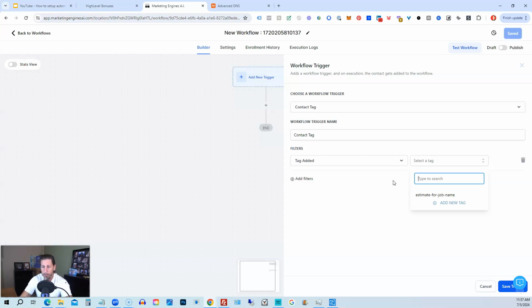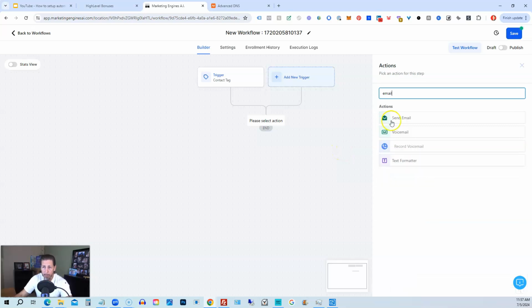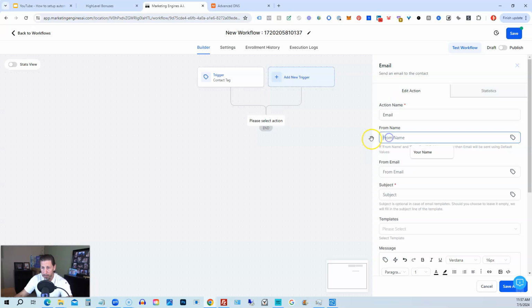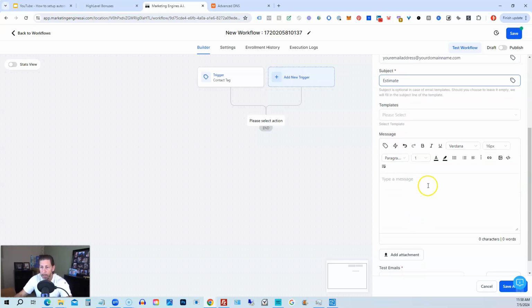But what we'll do is we'll just give it a different name and we'll just call it estimate only, and then add tag. And then what we would do here is we would actually send an email. So we'll type email, send email, and then the email will come from your name, and it'll come from your email address at yourdomainname.com. And then the subject would be, you know, estimate or whatever you want it to be. And then in here, I like to make things nice and big. I would probably put, hey,